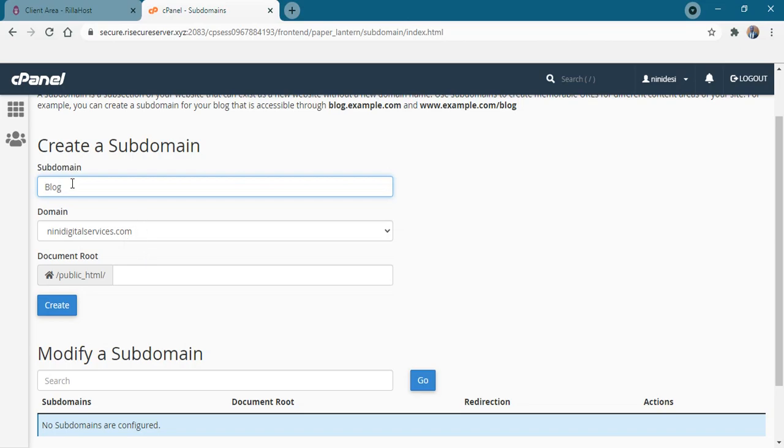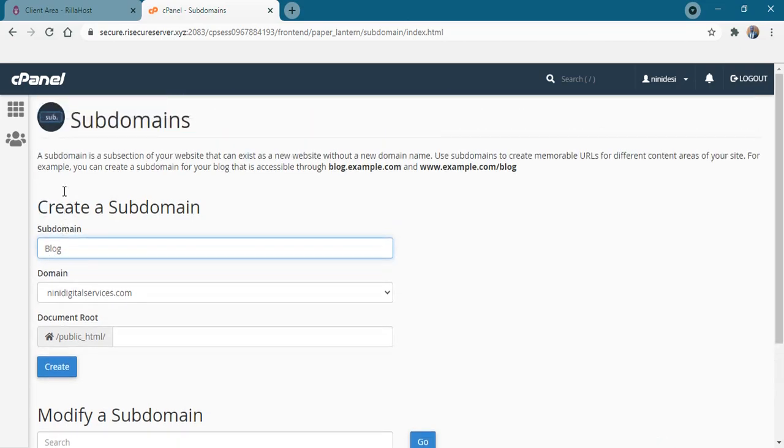So the address of that blog will be blog.ninidigitalservices.com, not just ninidigitalservices.com. It has to show that extra dot. And whenever you see blog dot or any content dot before the main website, that tells you that it is not the actual website, it's a subdomain. So that's what that means.